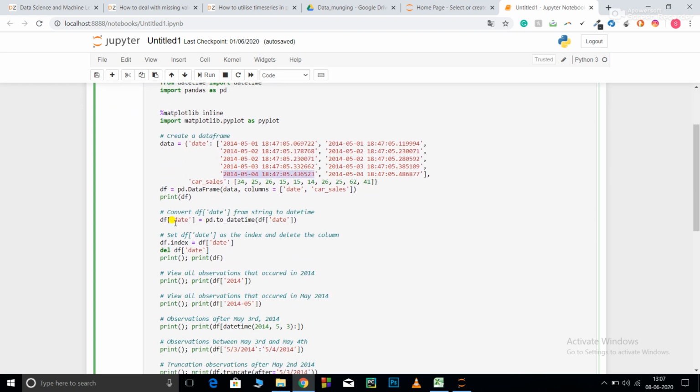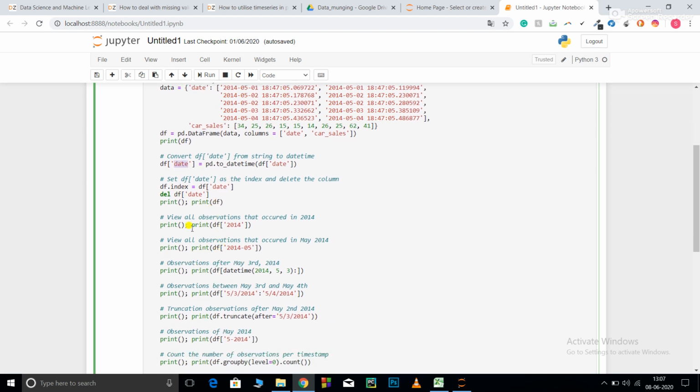Now this has converted my data frame. I've saved a new column, df date. It has timestamped my date column and created a new column date. Now df.index, I want to set my index. So I'm setting the same column date as my index. Now delete df date. The one date column in my pandas data frame was string values that hadn't been timestamped. I timestamped it over here and then I dropped my old date column.